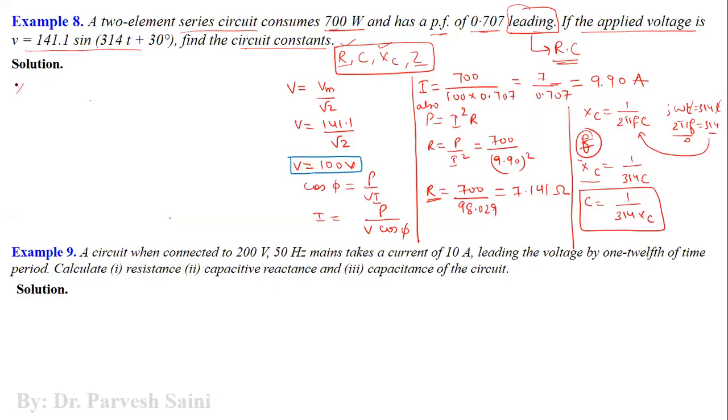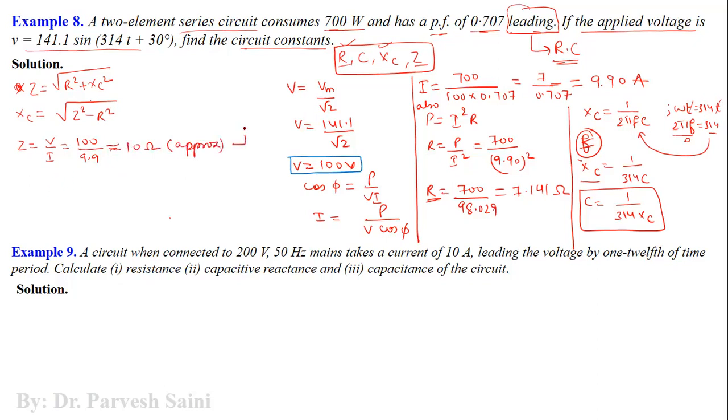Now we know that Z is equal to under root R square plus Xc square. So Xc is equal to under root Z square minus R square. So that means we need to find out Z, which is equal to V by I. So V is 100 and I is 9.9. So this is equal to 10. So this is almost equal to 10 ohm. All right. So this is almost equal to 10 ohm approximate